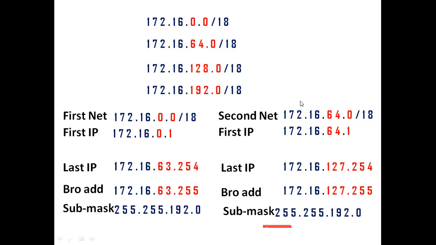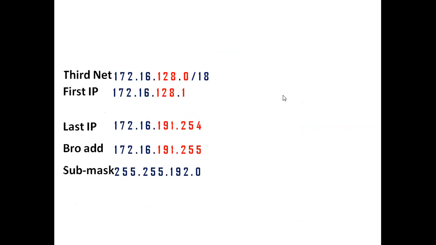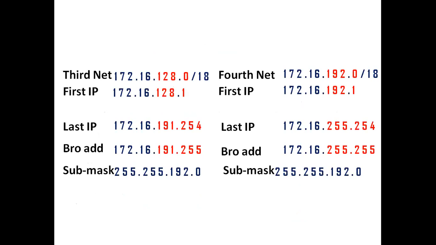Yes. Okay. So now this is the third network and this is the fourth network. You are already aware of the host formula here, so you can implement the host formula and calculate the host bits and host IP addresses. We have one more task here: 172.16.0.0/16, but we need 200 subnets. Before, the requirement was very low, but now we need 200 subnets.